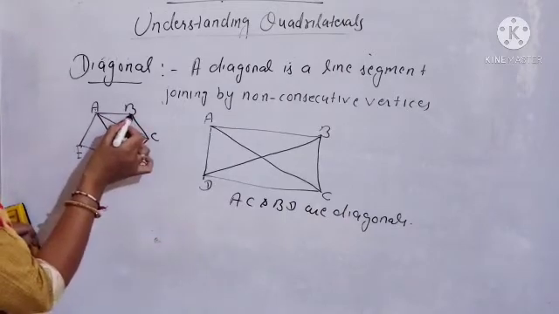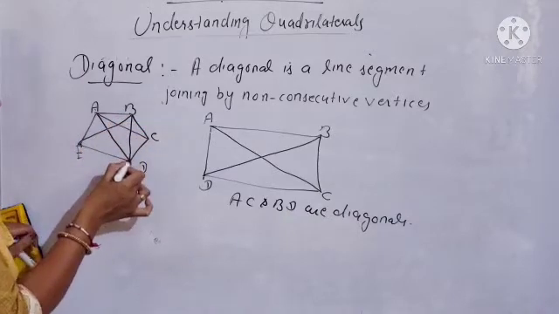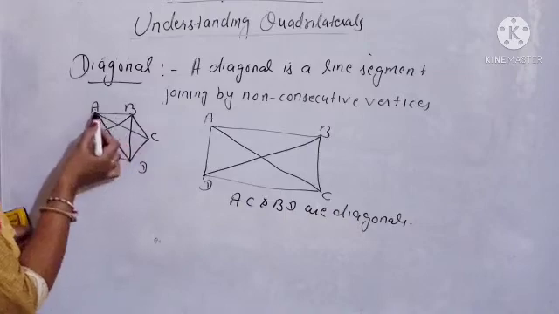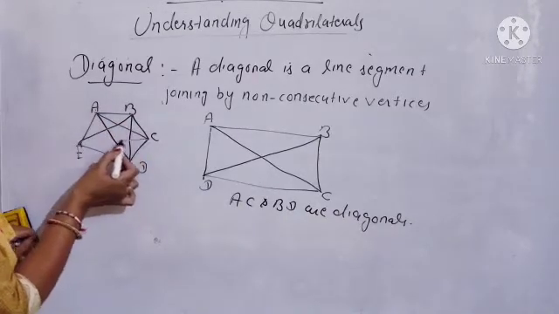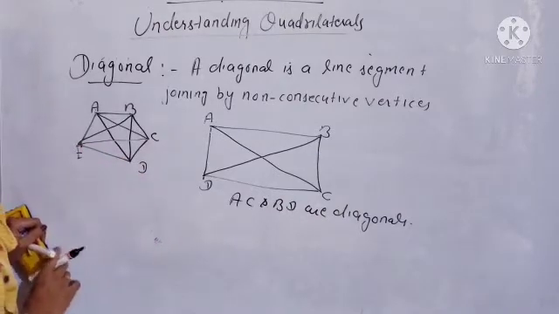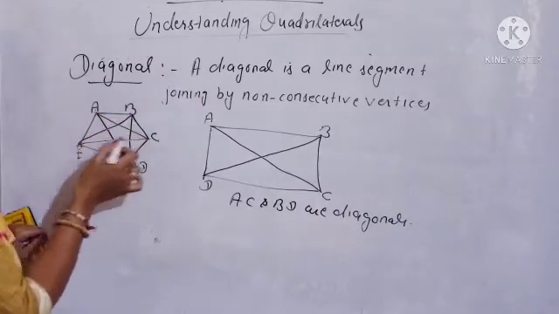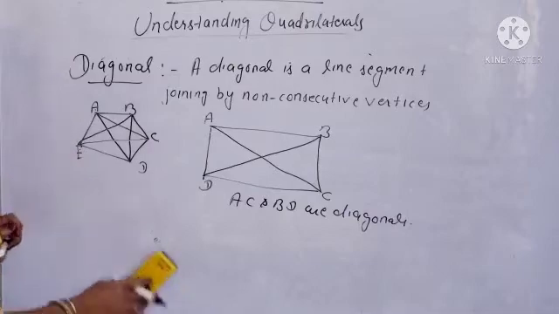Now you will start from B, so B to E and B to D, and B to C is already a line segment. Now you will start from C, so C to B is already a line segment. C to A, C to E, and C to D is already a line segment. So simply you can say AD, AC, BE and CE, these are the diagonals of the pentagon, clear.